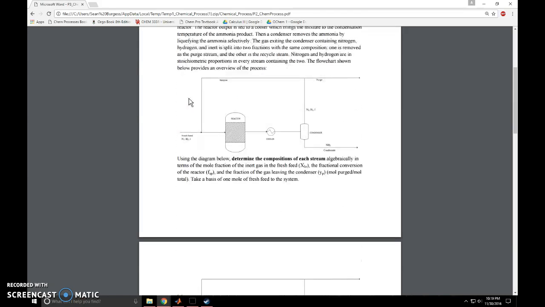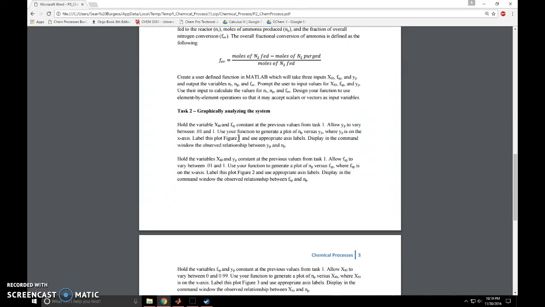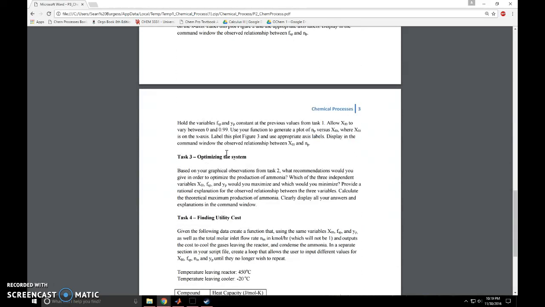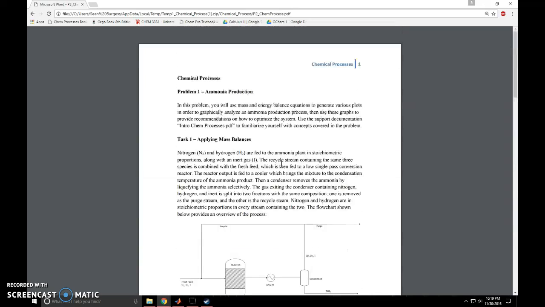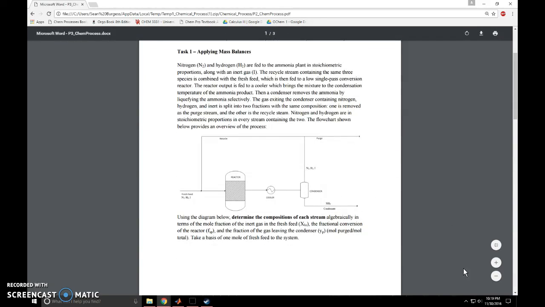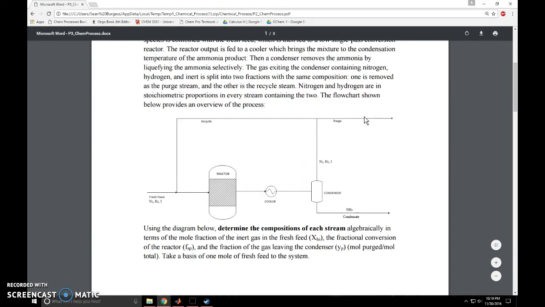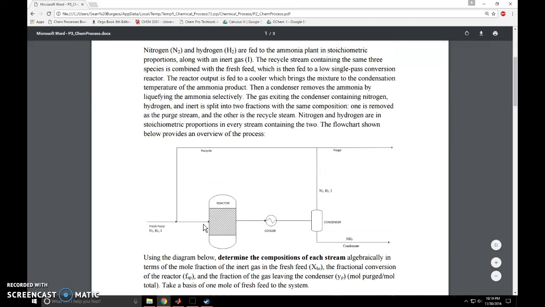So applying mass balances, graphically analyzing the system, optimizing the system, as well as finding the utility cost of the system. So this is the system right here, given by this flow chart. And we start off with fresh feed, composed of nitrogen, hydrogen, and inert gas. So that, as well as the recycle feed, is sent to the single pass conversion reactor,